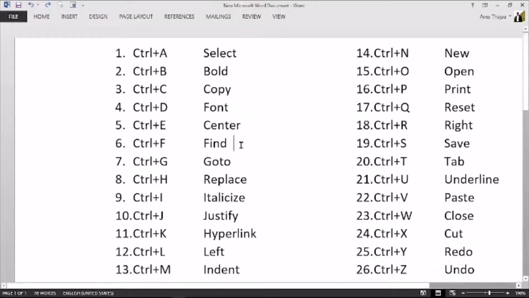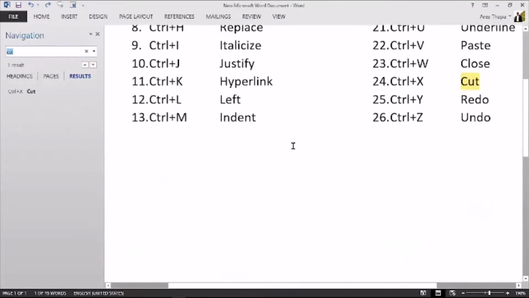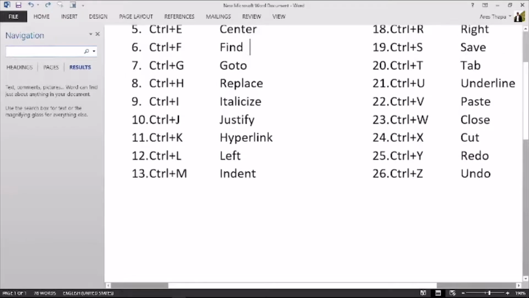Number six is Ctrl+F. So Ctrl+F, F stands for find. So if I press Ctrl and F, a pane in the left side of the window appears, and in the search box, if I type a word,